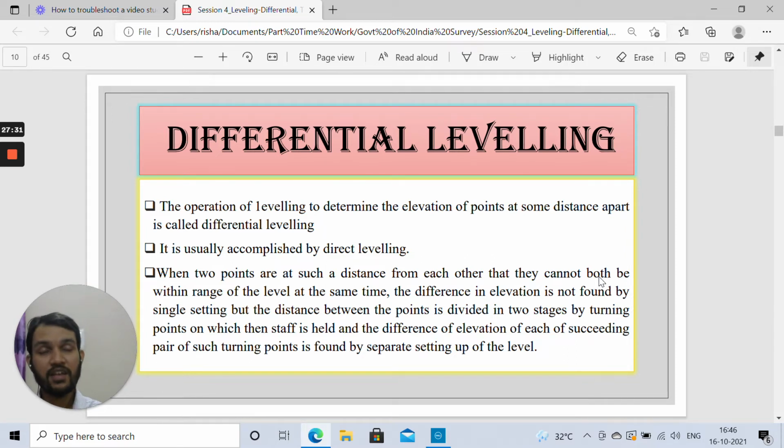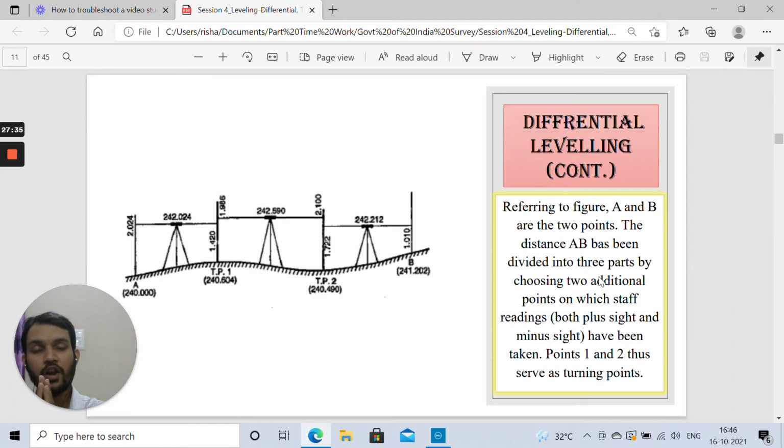Because if the differential leveling has to be done for a long ground surface, we will have to change the position of our instrument and move it forward. I have tried to show you this here with the help of a figure also. You can see there was an initial station A. This was the benchmark station.